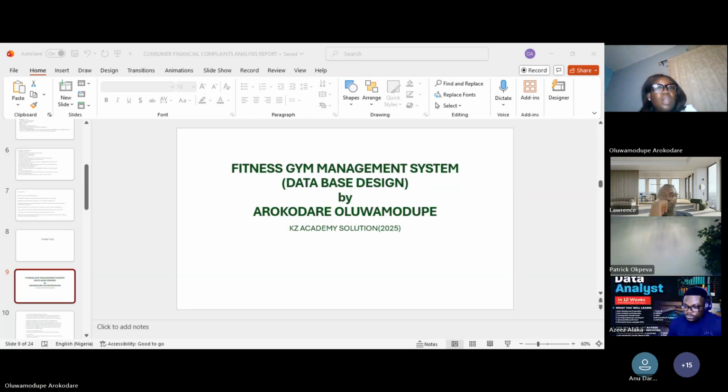And this fitness gym operates with several key business scenarios. For example, the business rules, where members sign up or purchase a particular service. When a new user joins, you have to pay for your service and provide details. Though these details are protected by a privacy policy, and your details will not be given out. But for the gym to run, you have to provide your details, like after selecting a membership type,